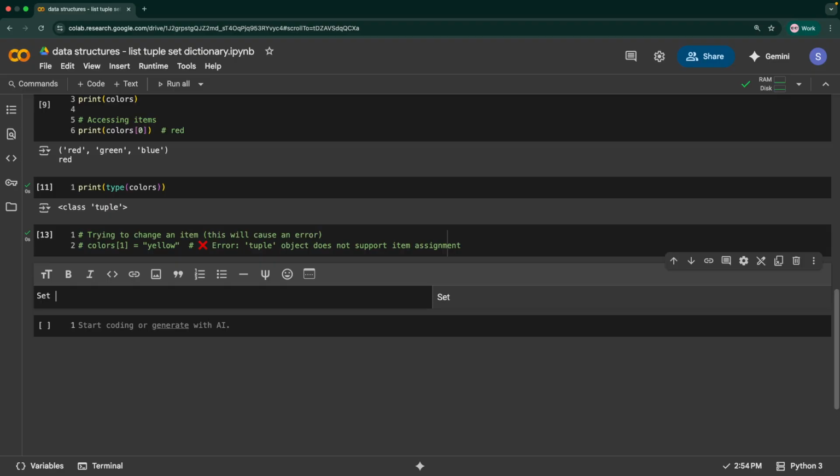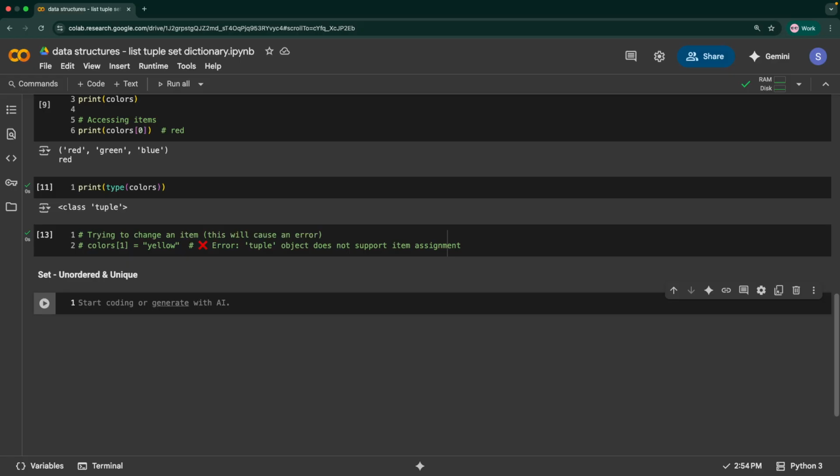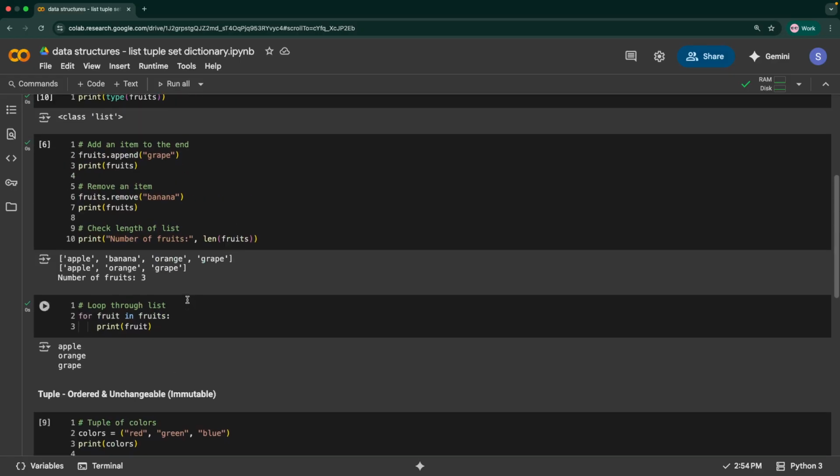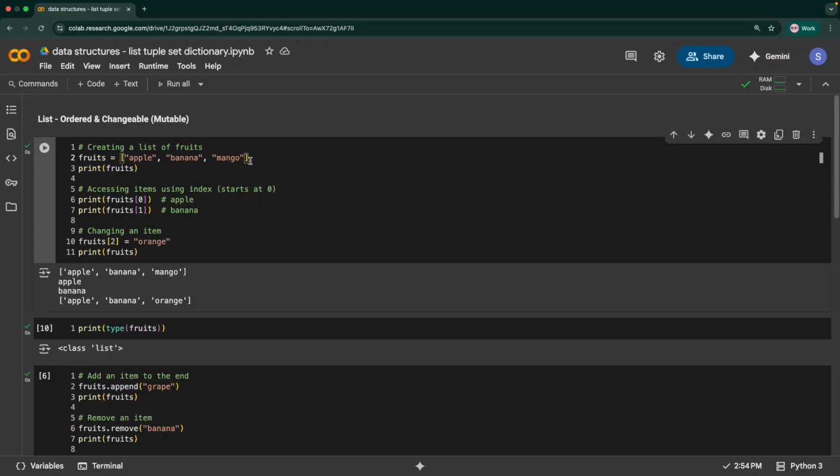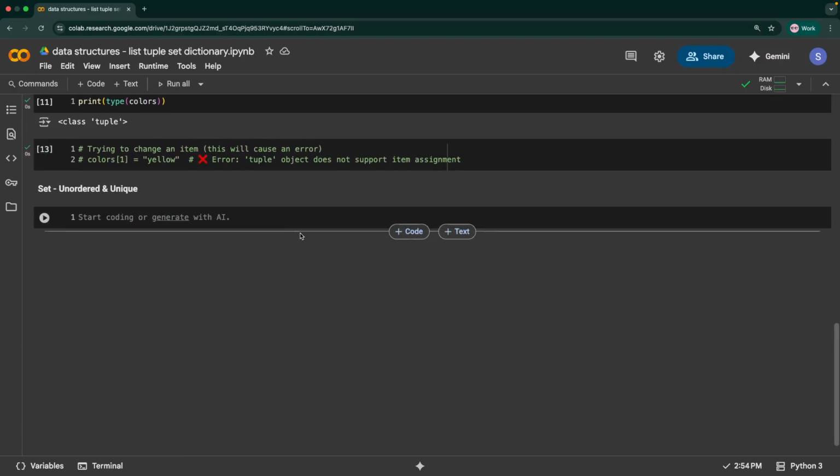So that's about it. The next data type that we are going to work on is sets. So I'll say set, and again the difference is this is unordered and unique. Again, you can update it, you can change it, but the main characteristic is that it is unordered. That means you cannot access the values using any index, so it doesn't support indexing. And the main thing is you can have unique values, whereas in the case of a list, you can have another mango, so it supports duplicate values, but a set doesn't do that. So a set is always unique. When you convert a list into a set, it removes all the duplicate values. That's the main characteristic.